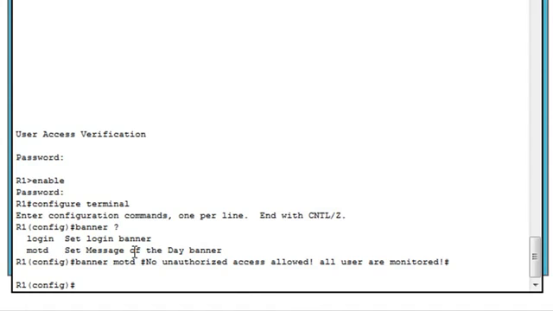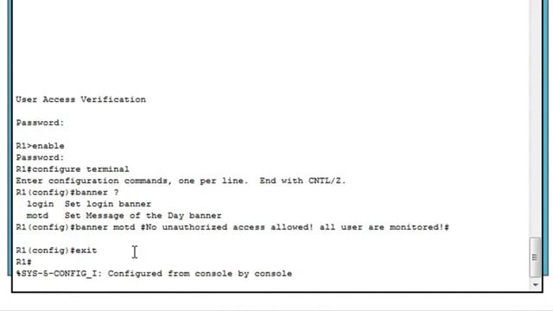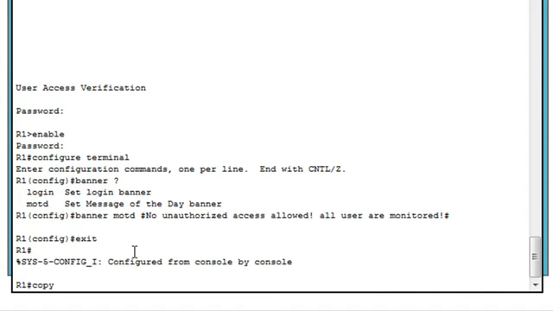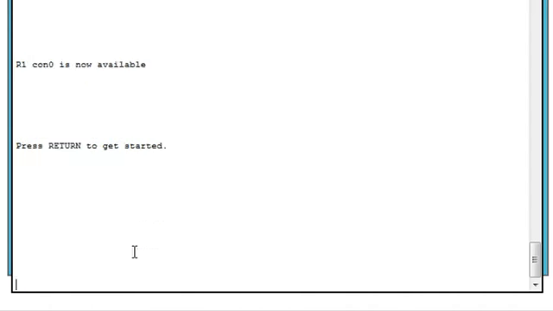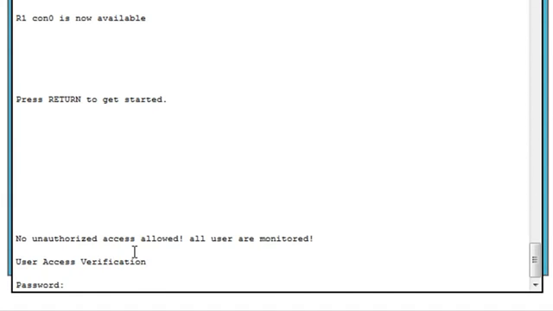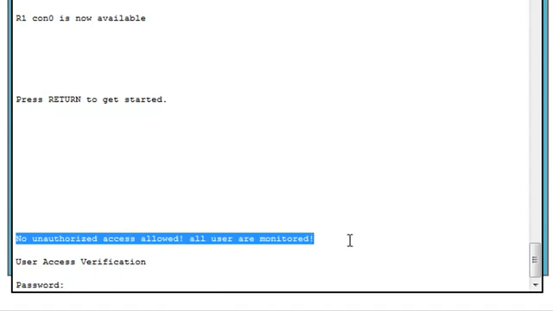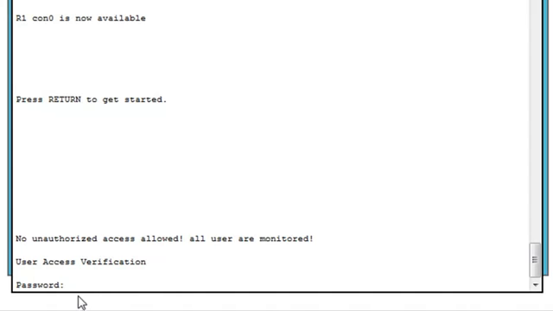So let's go take a look at it. What we'll do is exit, and we'll save it. Hit enter again, we'll save that to the configuration file, and then we'll exit again. And now we'll hit return to get started, and you can see right off the top our banner message of the day says no unauthorized access allowed, all users are monitored, prior to login. So this is a warning of some sort for the router, and it's another aspect to security, and it's recommended